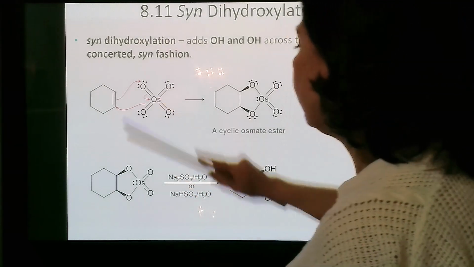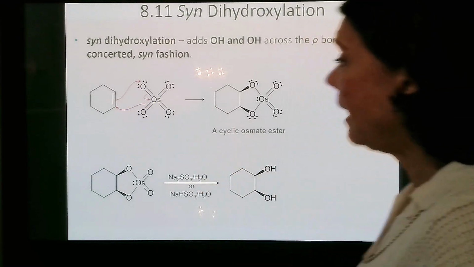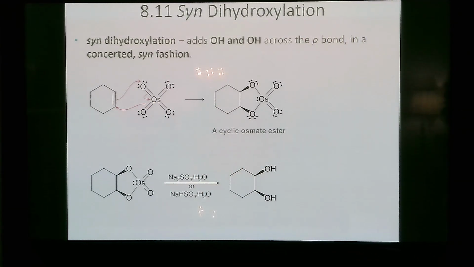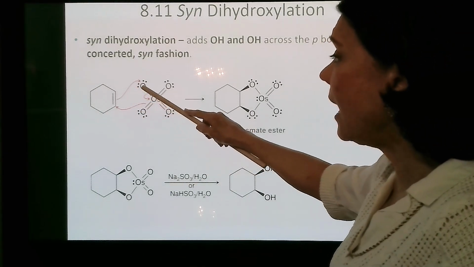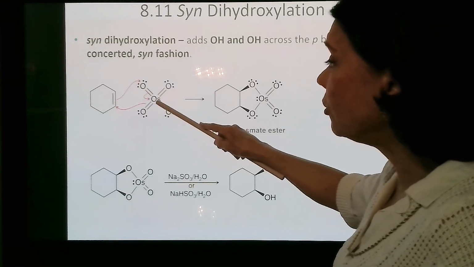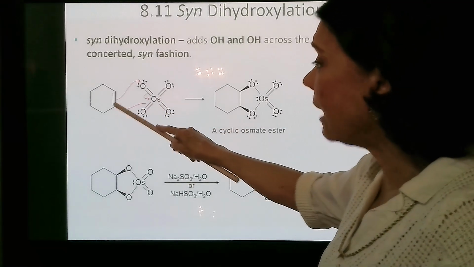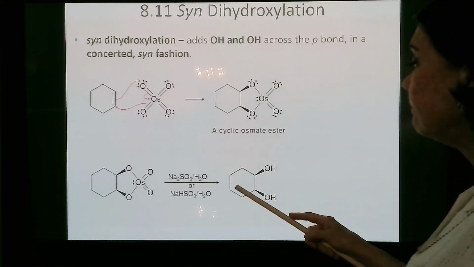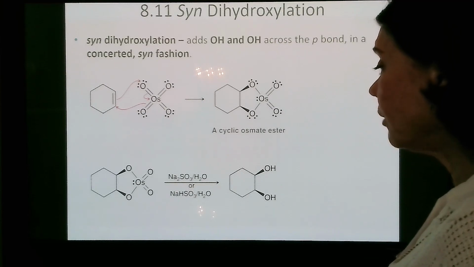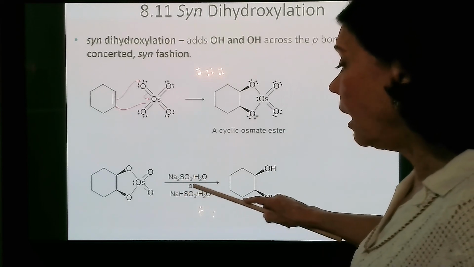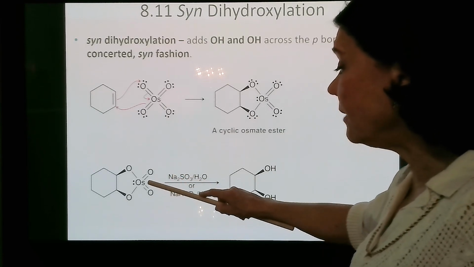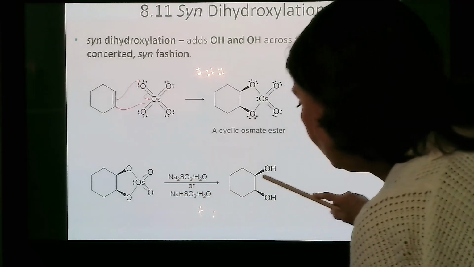You can carry out this reaction and draw this mechanism using either osmium tetroxide or potassium permanganate. And the mechanisms are exactly the same. And so you can see the pair of electrons comes in, attacks oxygen, pair of electrons moves on to osmium. Now the pair of electrons moves out onto carbon. You've got a 5-membered ring, this cyclic 5-membered ring, and then you can react it with this weak base and protonate it, and you get the cis